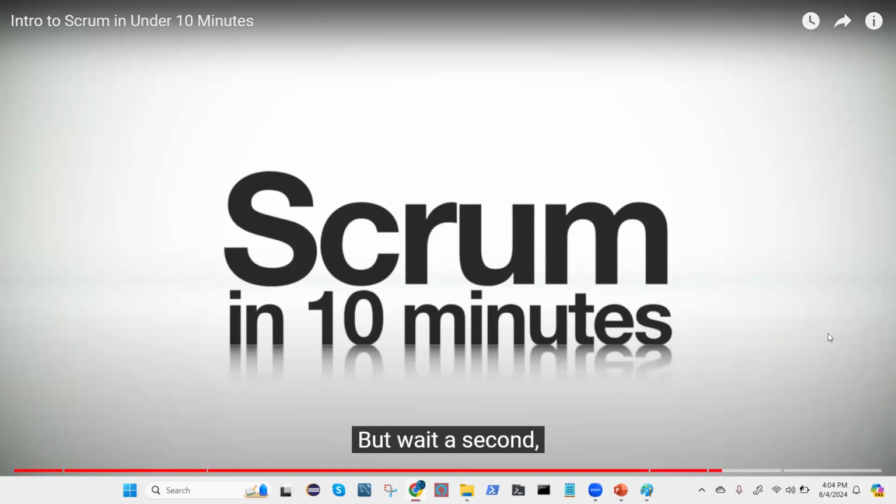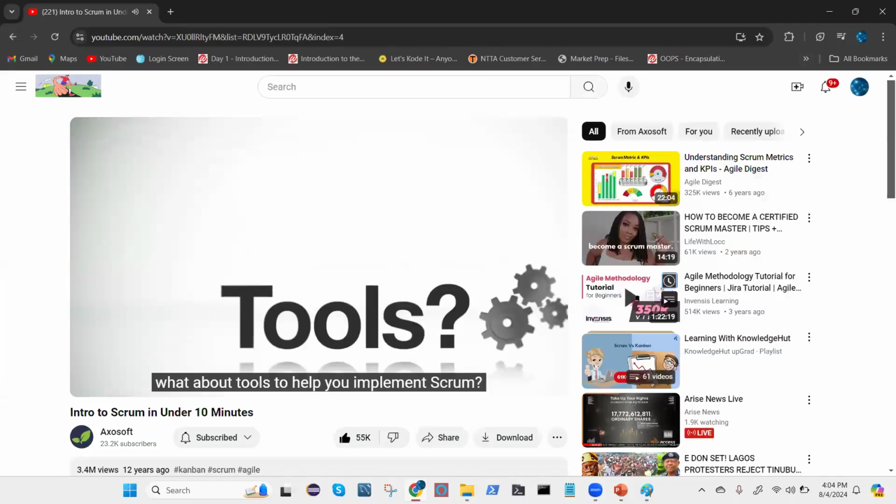What about tools to help you implement Scrum? Well,